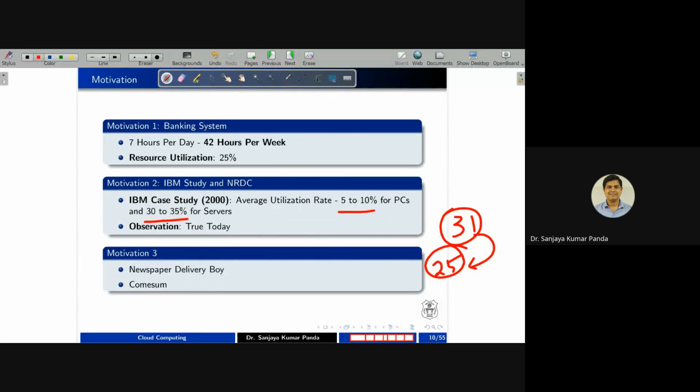So you are not going to pay for the service. But you are not looking into whether the newspaper reached a particular state or location, or whether the traffic of our city is normal or abnormal, or there is terrible traffic. That we are not looking into. Simply we are calculating how many days the newspaper is delivered to us, and based upon that, we are going to pay for it. Similarly, whenever we are traveling from one city to another, you may be aware of a site called Comsum, or we are habituated with IRCTC. So IRCTC is now also providing food, and Comsum is also providing food.